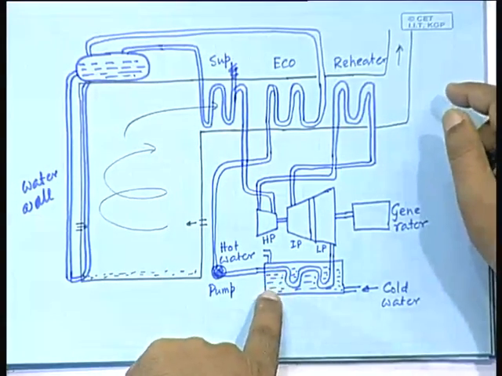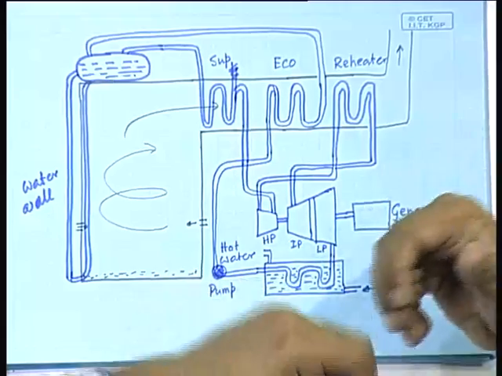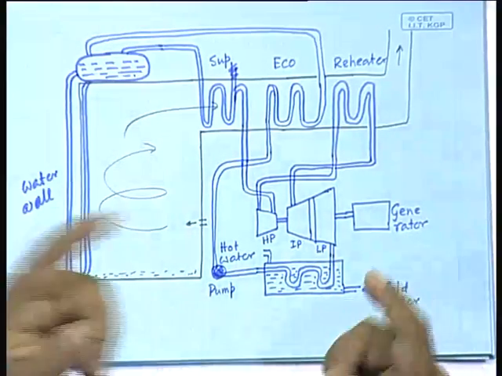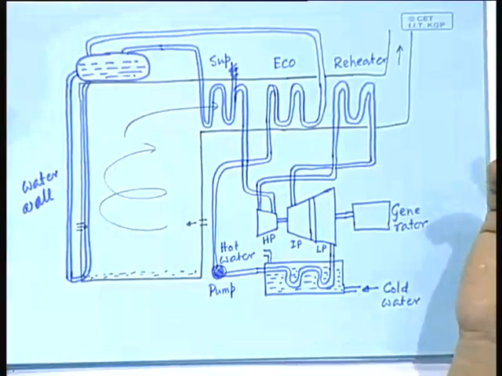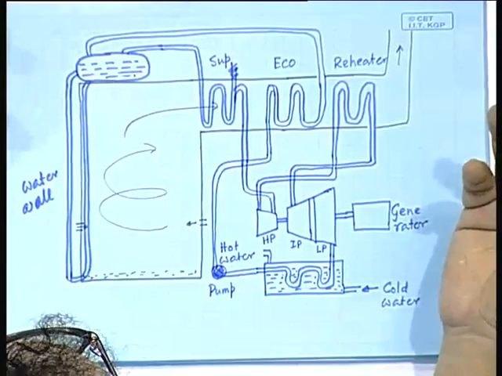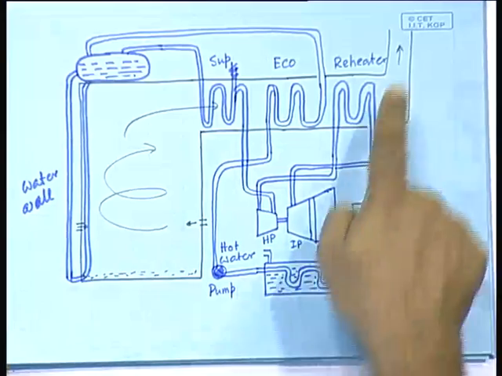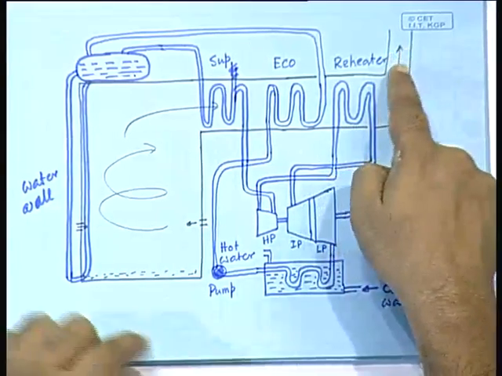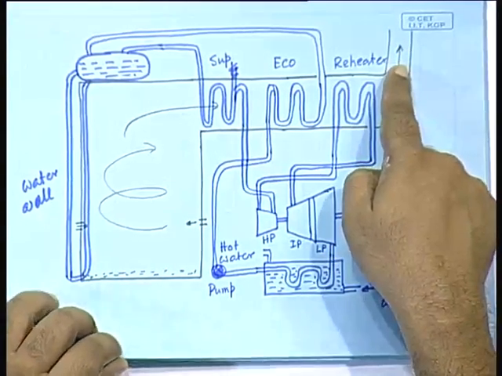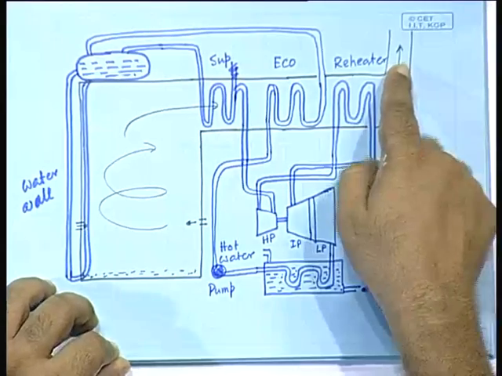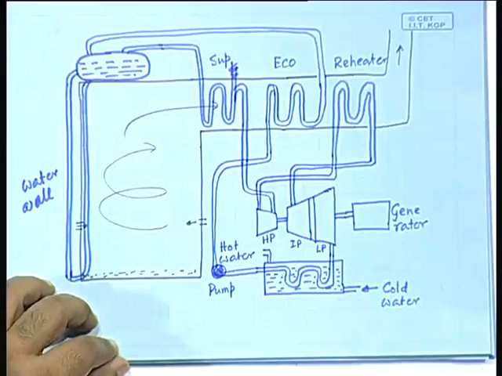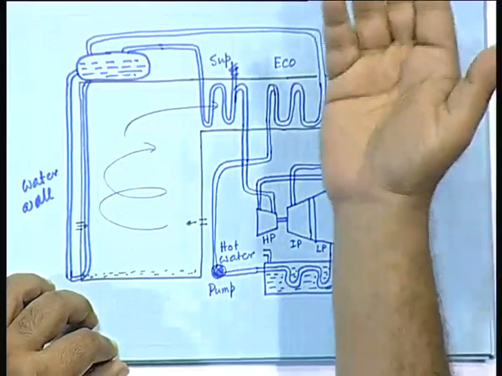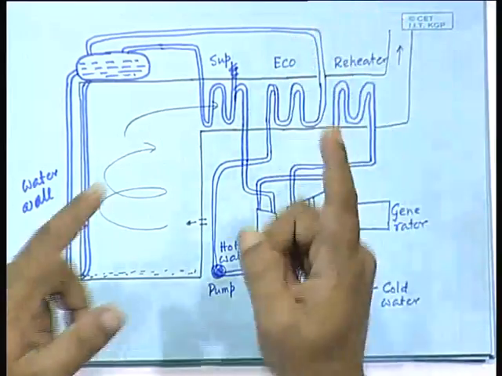A lot of energy is really released into the atmosphere through the condenser, but we have already learned thermodynamically that this cannot be helped. It will always be there. But can we arrest any escape of heat through the flue gas? There are two problems here. The first problem is how does the flue gas go out? It goes out through a chimney.